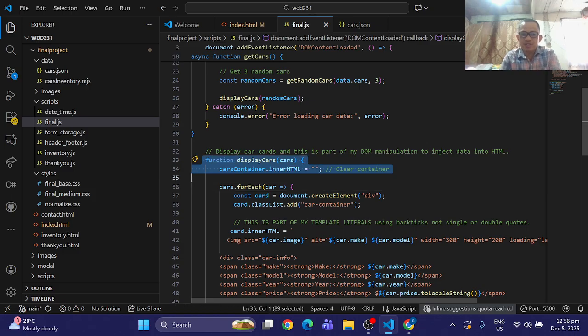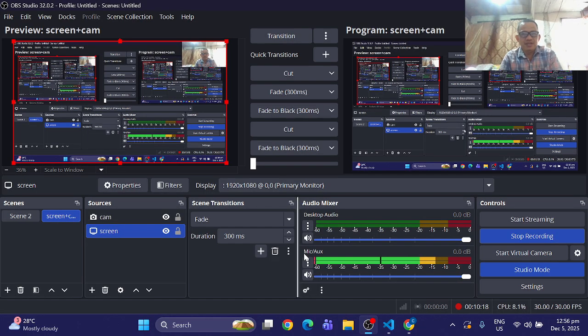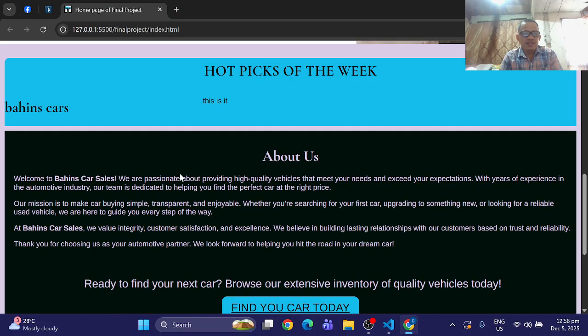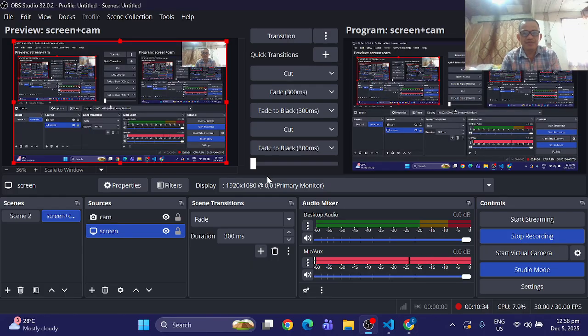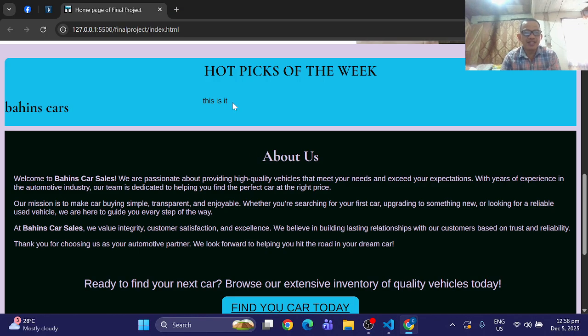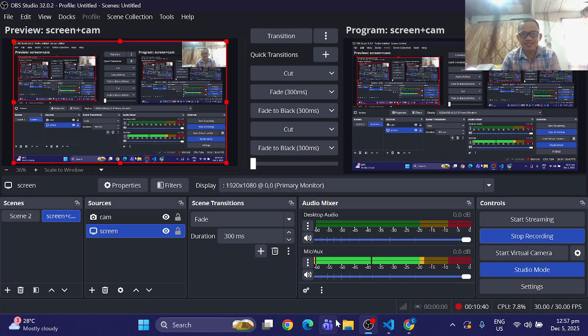But if we omit this function, then look at this: the cars have been disabled, and the hard coded value from our HTML is also appearing here.